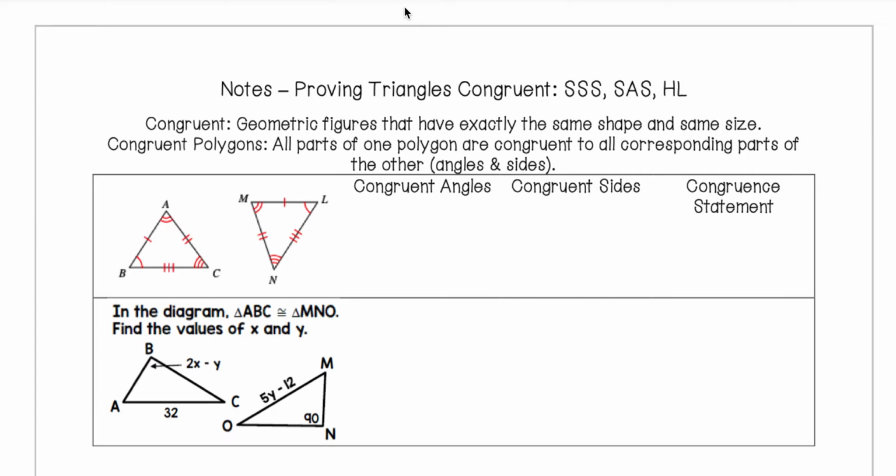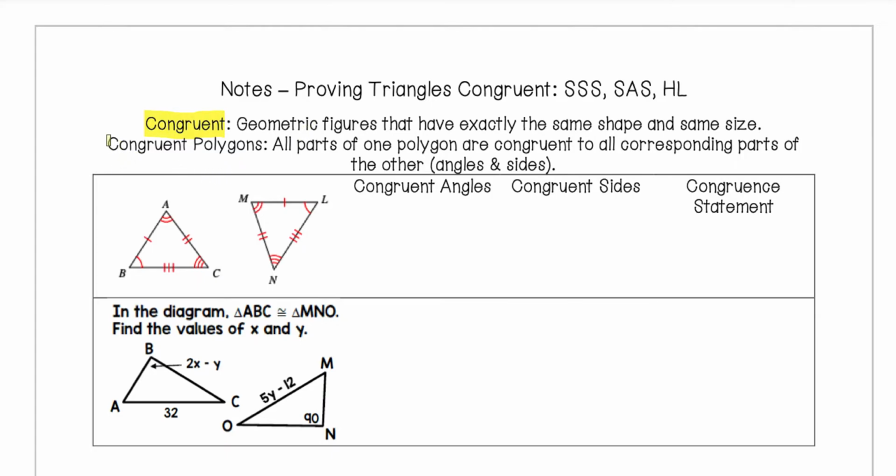In this video, I'll be going over how we can prove triangles are congruent using the side-side-side, side-angle-side, and hypotenuse-leg theorems. We first start with our definition of congruent, which we've seen before. Congruent means geometric figures that have exactly the same shape and same size. This means that all of the sides and all of the angles must be exactly the same to call them